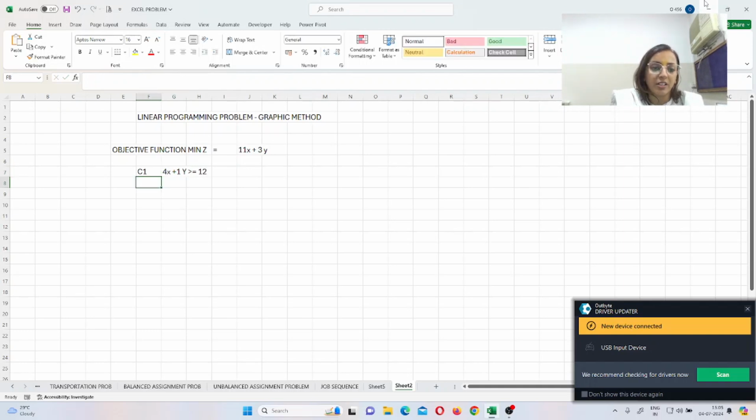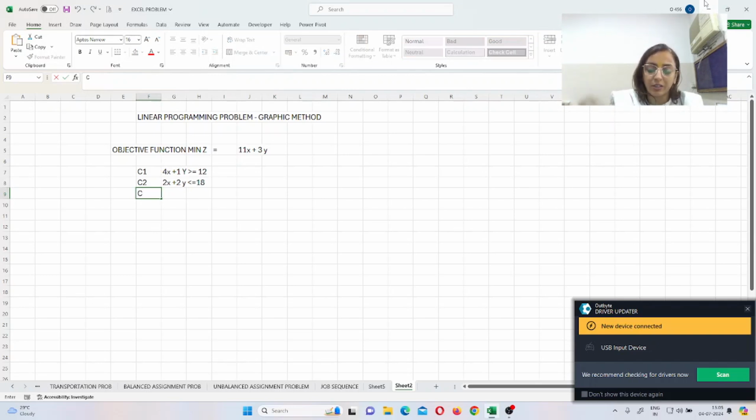The second constraint, C2, is 2x plus 2y, and it is less than or equal to 18. It's a combination: we are taking minimum and maximum values together.